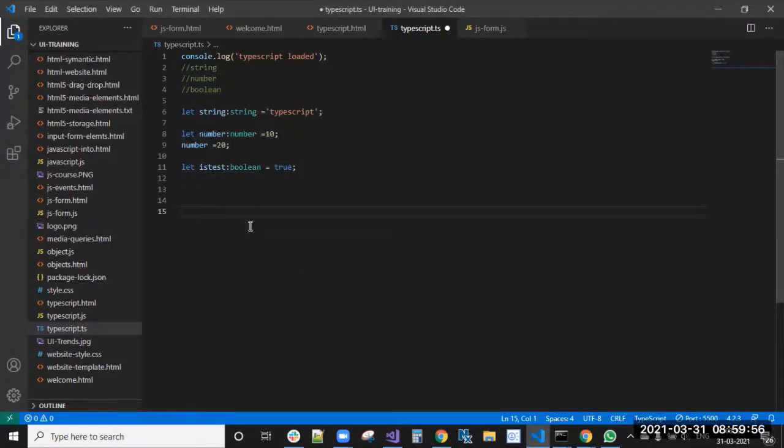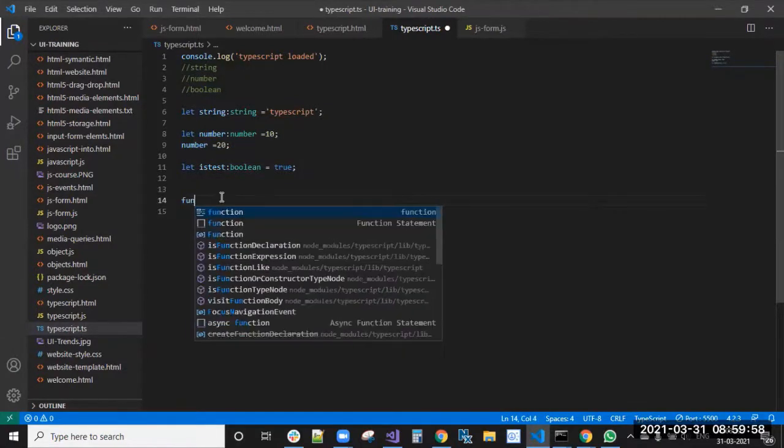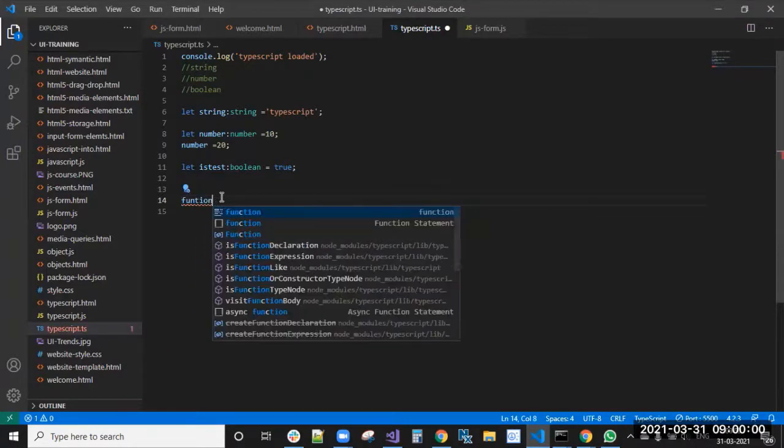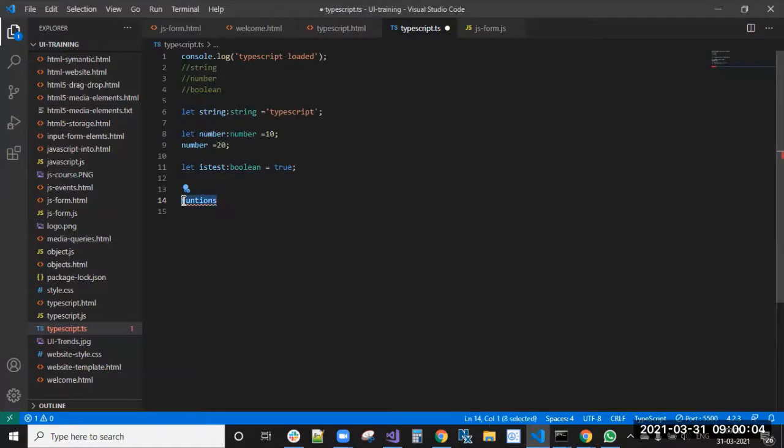the next one is functions. Generally, we will write a function like this, right? Function addition with num1, num2.